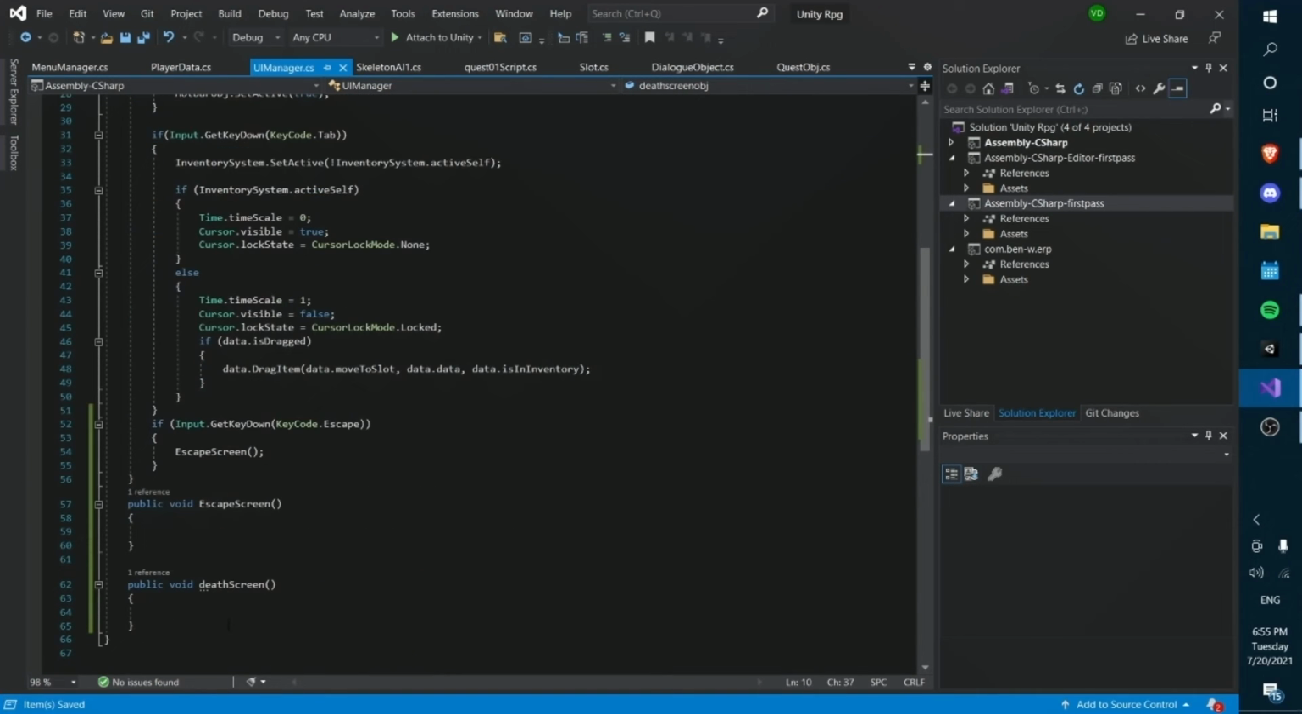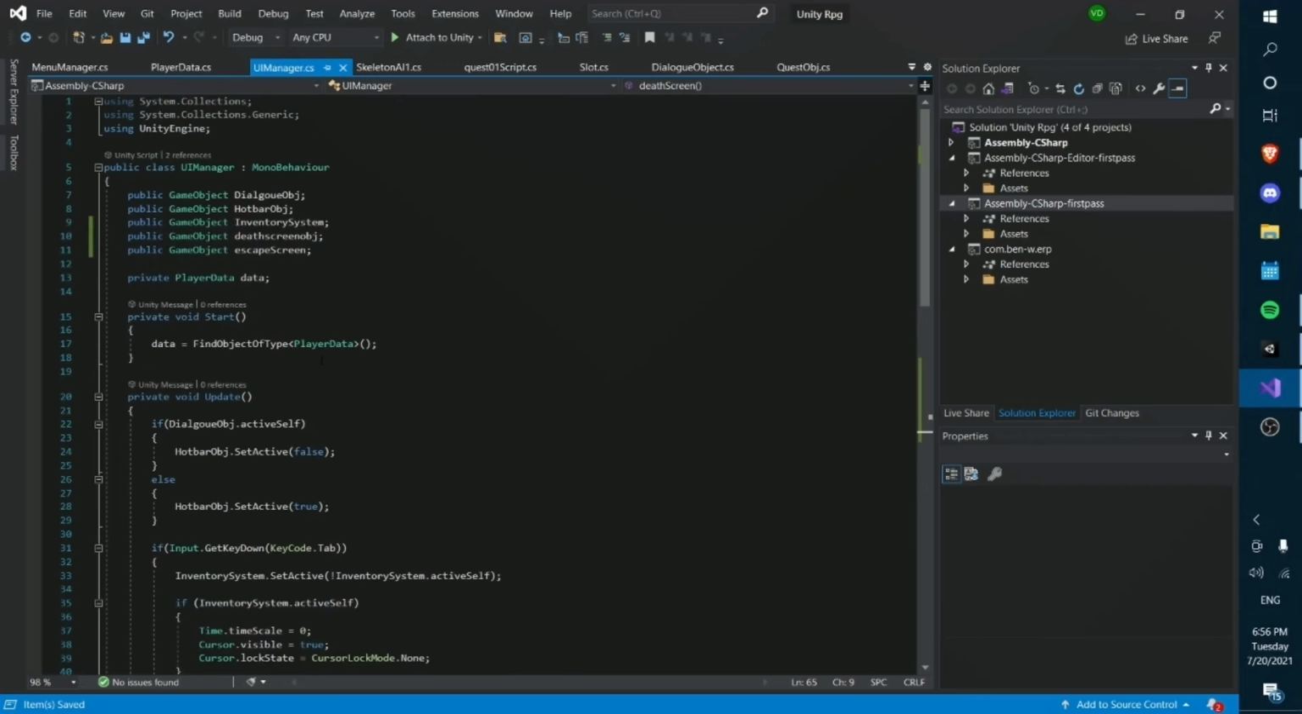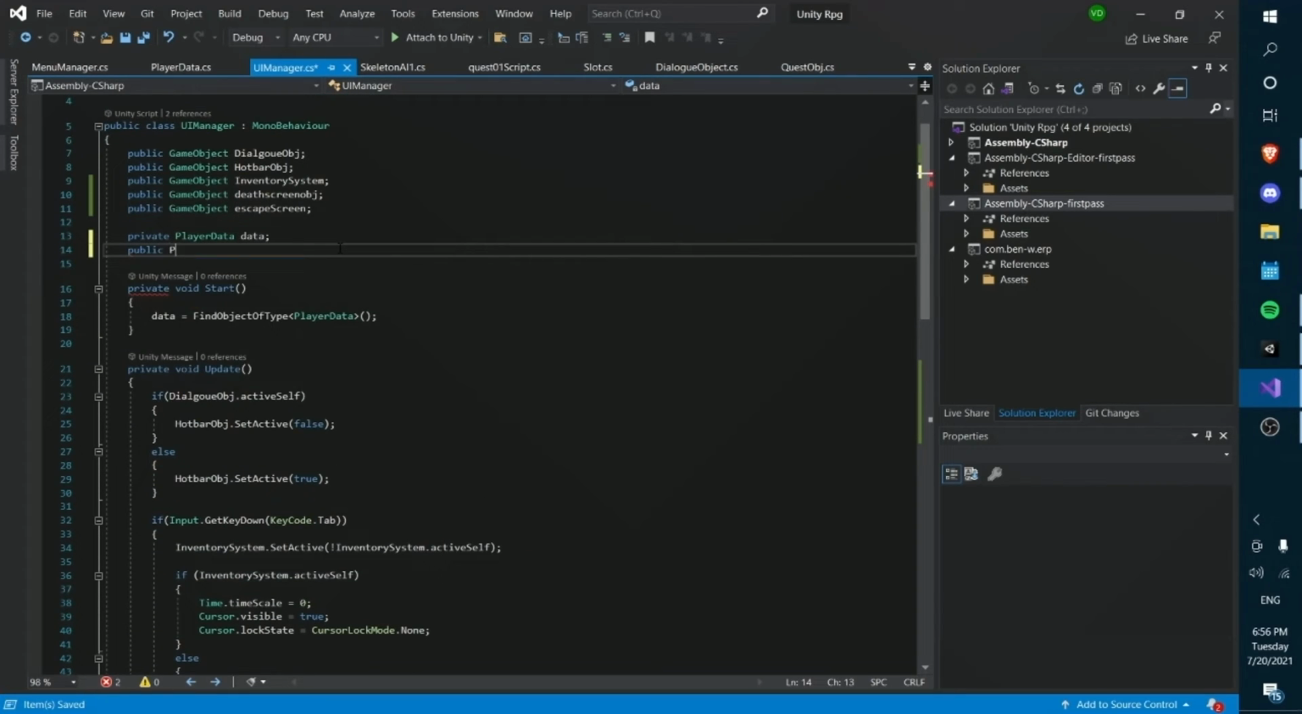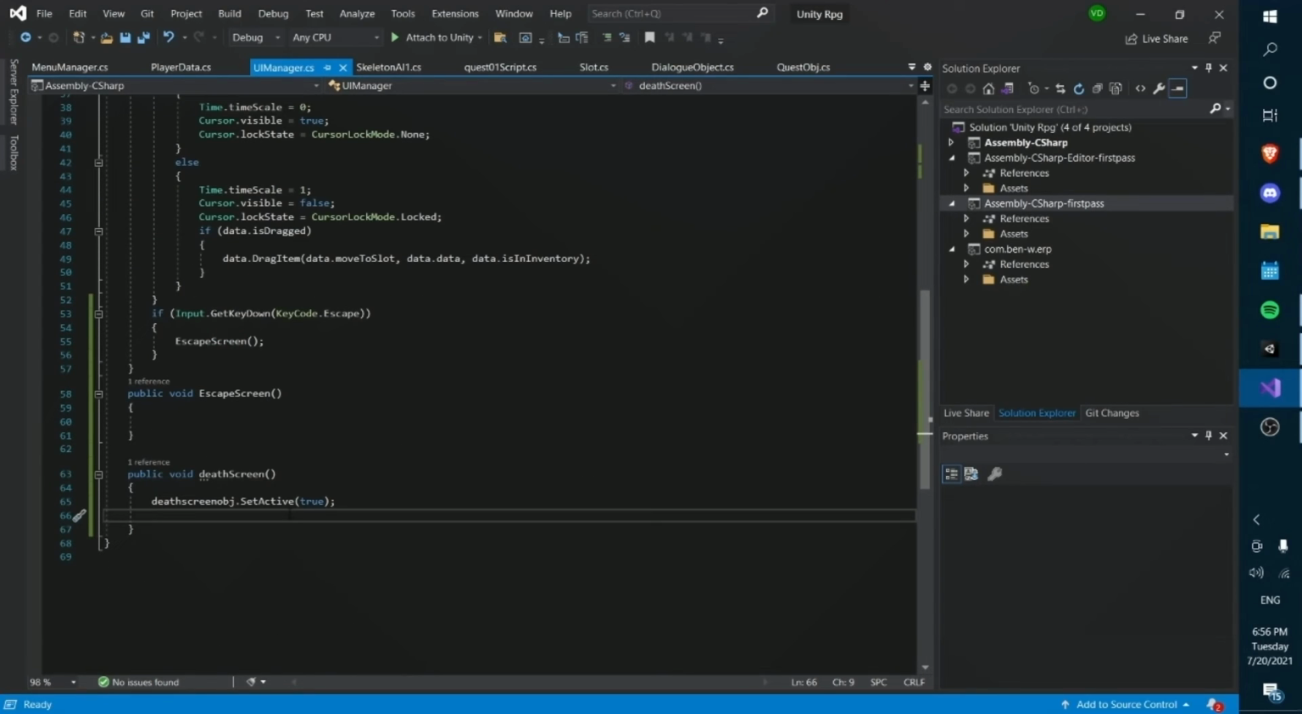And now for the dead screen, we're just going to say deadScreen.SetActive(true), and also we're going to turn off our player. We can literally just delete the player. So we can create a public GameObject player, and we can just say player dot